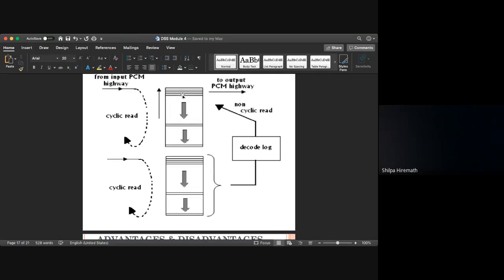Say that is 6. Yes. So this 6 has to be sent to the output highway line. When it has to be sent, that will be set by this connection store. Say this 6 is stored at 4. So the 4 value is stored in the connection store, indicating that whenever you are reading this connection store, whatever data is there in the fourth location of the speech store has to be sent.